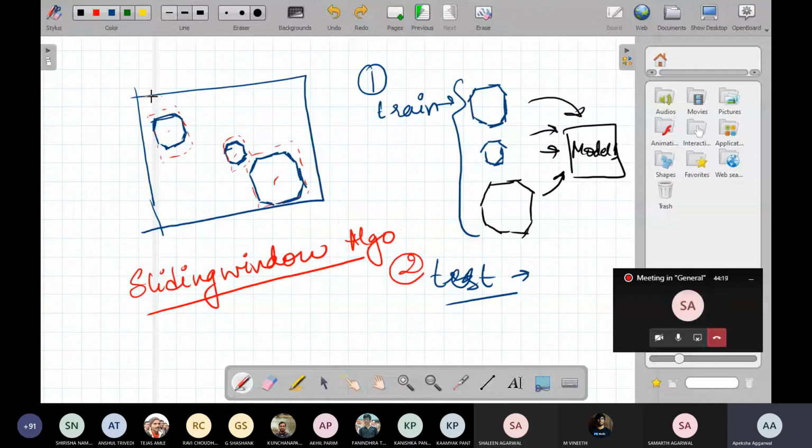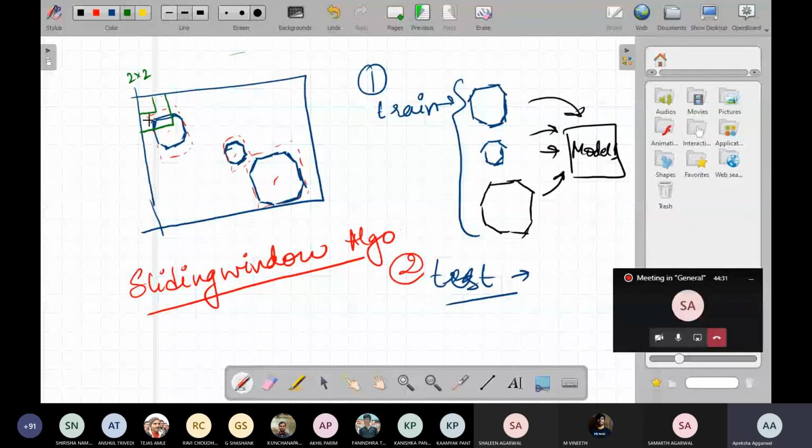First they take a small filter size of 2x2 and pass it over all the positions in the image, and extract the objects. Then they take a filter size of 3x3 and pass the 3x3 filter for all the locations in the image. So it will identify slightly bigger cars, and then it will repeat the process for a 4x4 filter. It will slide the 4x4 filter for all the locations, and find the objects in the images.